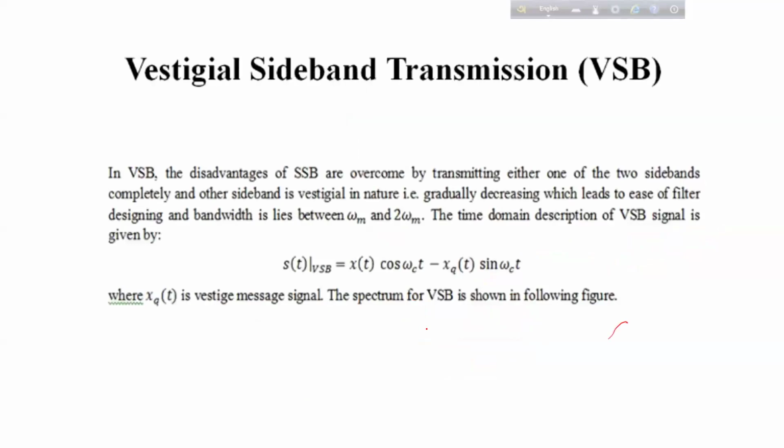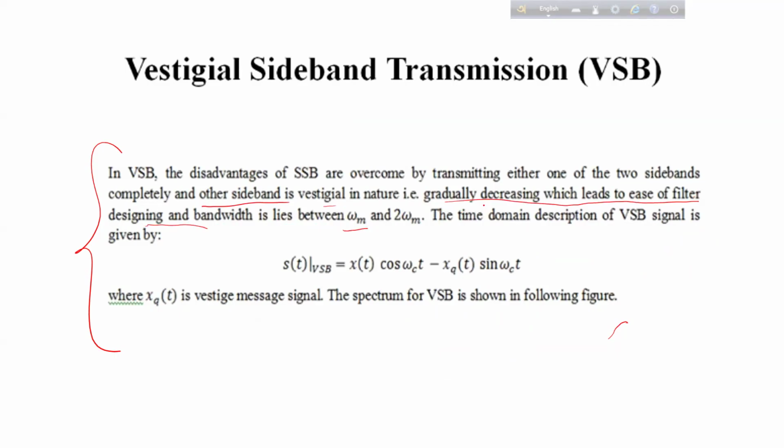Now let's see this slide. In vestigial sideband, the disadvantages of single sideband are overcome by transmitting one of the two sidebands completely, and the other sideband is vestigial in nature. Vestigial means it will decrease naturally. Vestigial in nature means gradually decreasing, which leads to ease of filter designing,